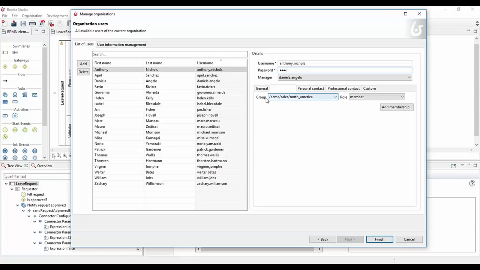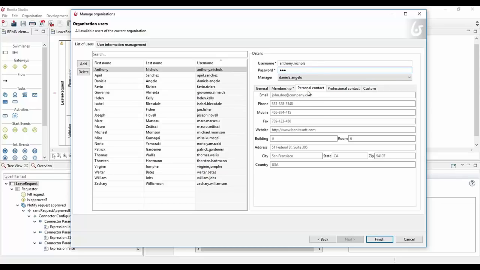Here, for example, you can see that this Anthony is a member of the North America sales team. And this person has some professional contact information, so you have the email, phone number, this kind of thing. All of this is defined in the organization, and you can do it directly from the portal to make sure that you have some information for the test.